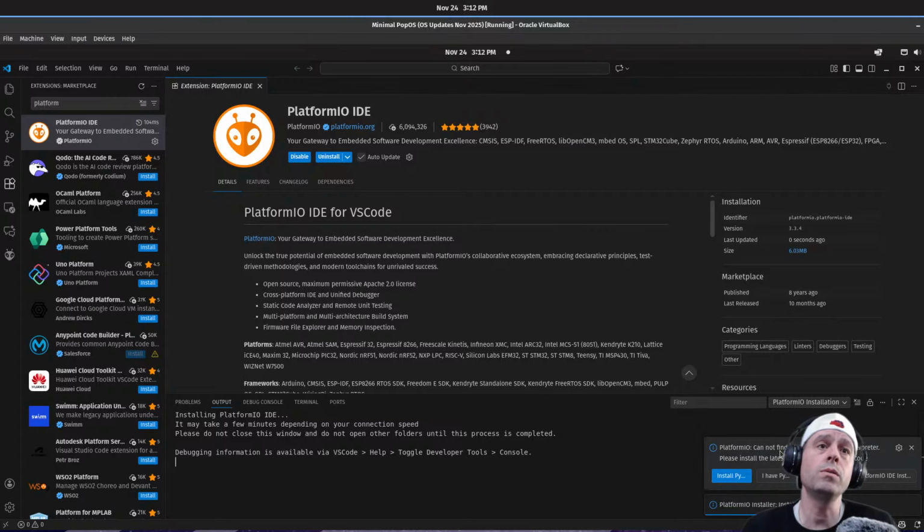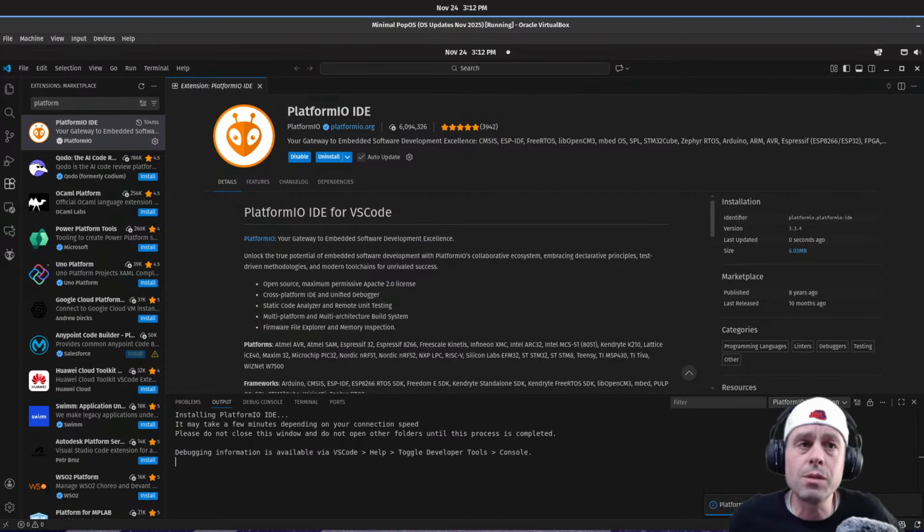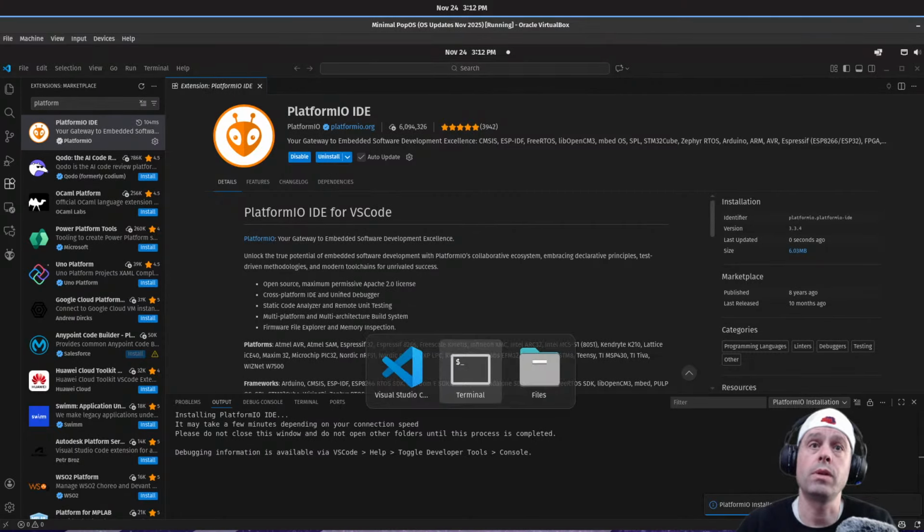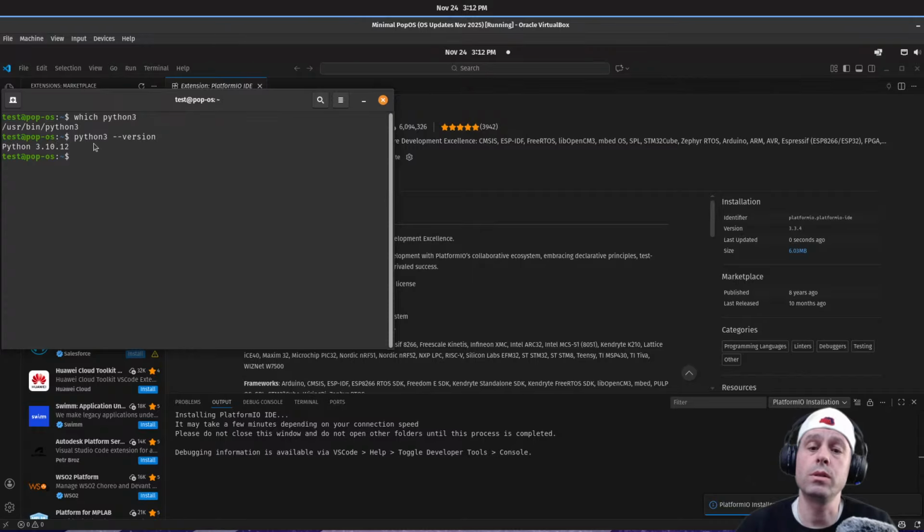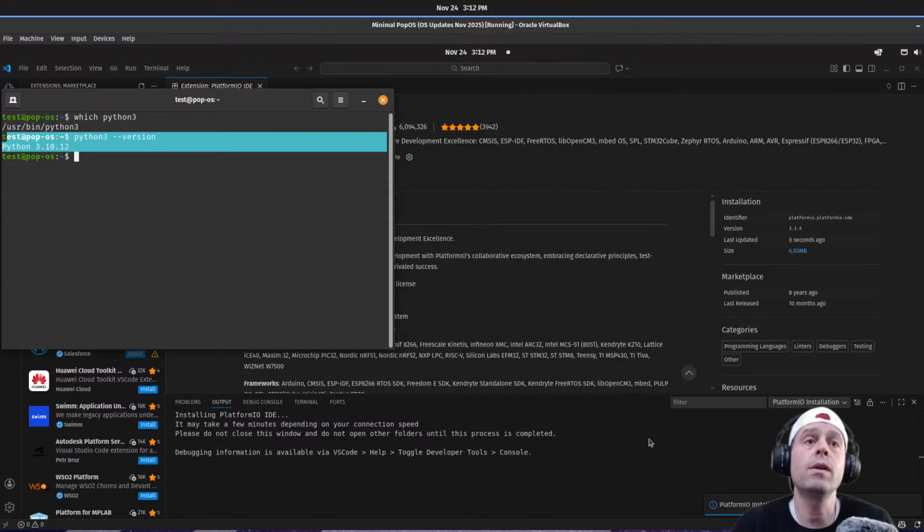And then it's going to be like, oh, dang, I'm sorry, I cannot find a working Python 3.6 interpreter. Please install the latest Python 3 and restart VS Code. If that was the message you got, you would think, shoot, I don't have Python 3 installed. Of course, that's not even remotely true on Ubuntu. As you can see up here, I ran python3 --version, Python 3.10. So I do have it installed.